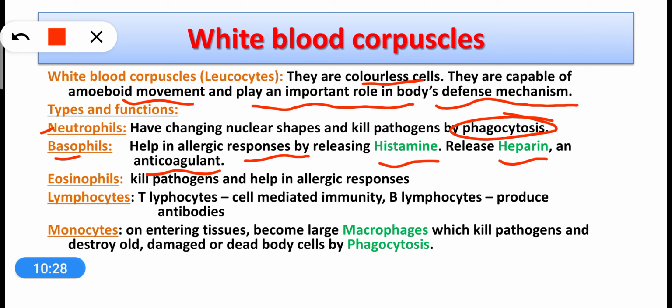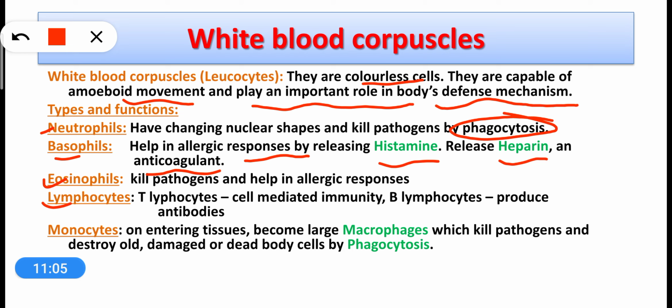Heparin is a substance which prevents your blood from clotting inside the body, but whenever blood comes out of the body and gets exposed to the oxygen, it clots. So while the blood is circulating in your body, it does not clot because the blood contains heparin, which is actually released by basophils. Okay, next, if we talk about eosinophils, then they kill pathogens and they again help in allergic responses. Lastly, the lymphocytes,